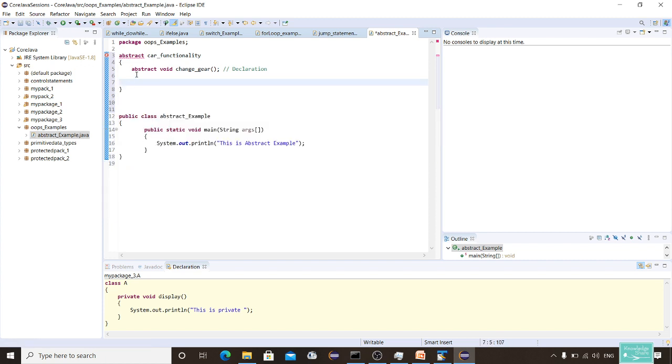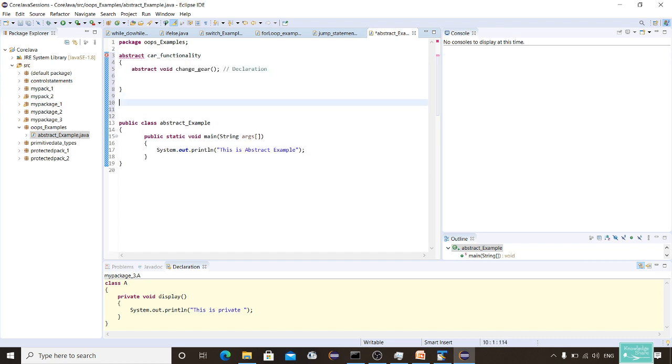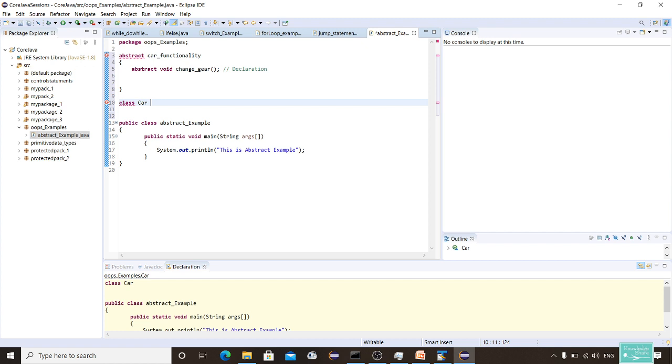Now, where will you write this implementation code? You have to write it in another class. Now I'm going to create a normal class. I'll say class car extends. I will extend this class now.